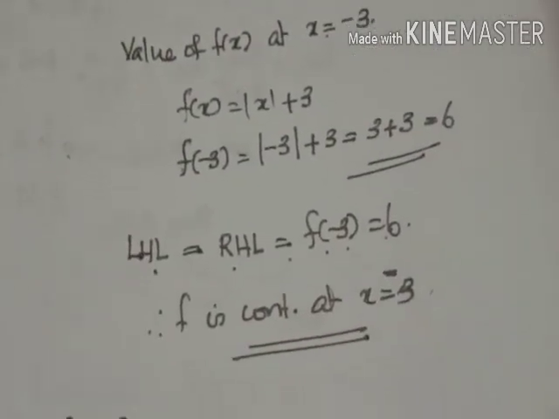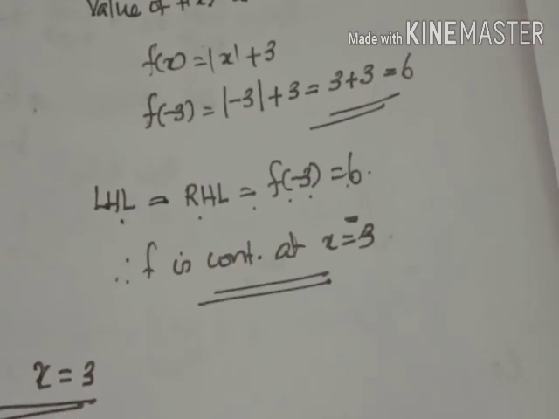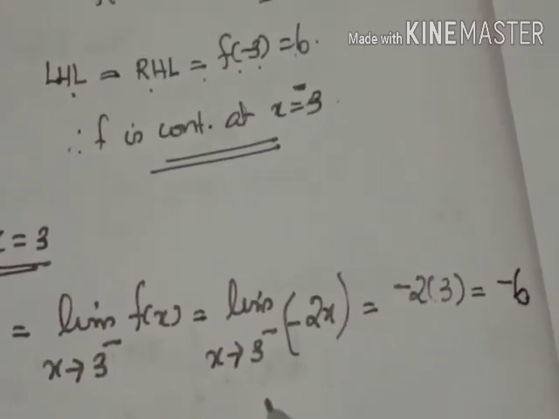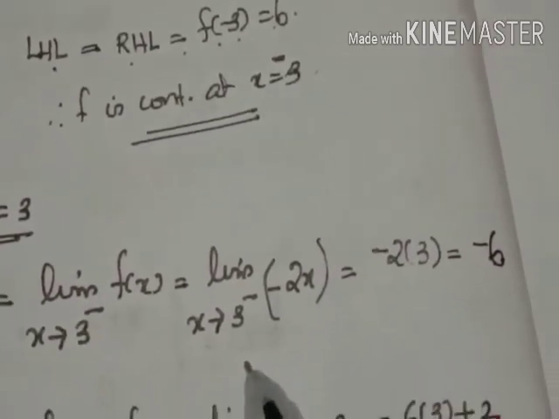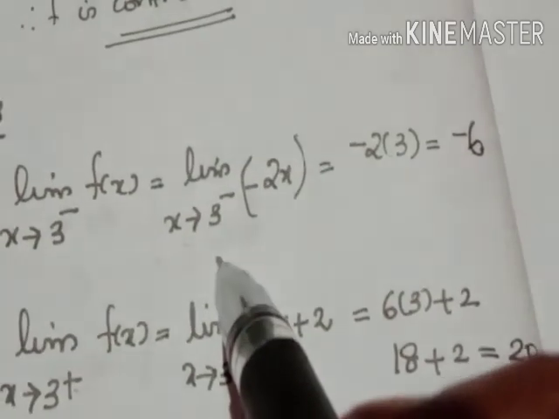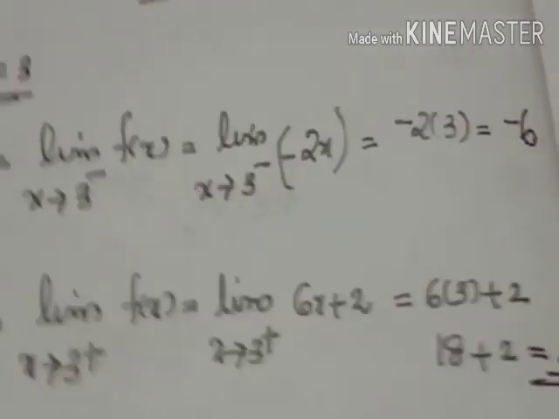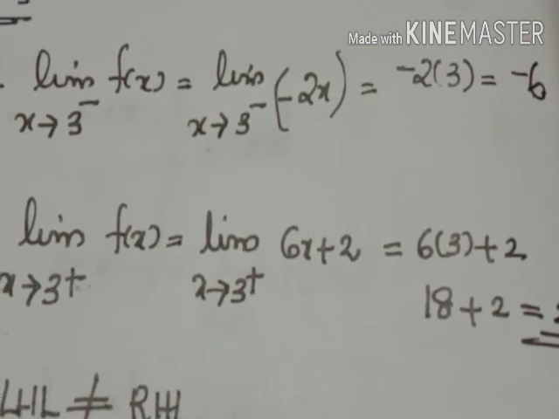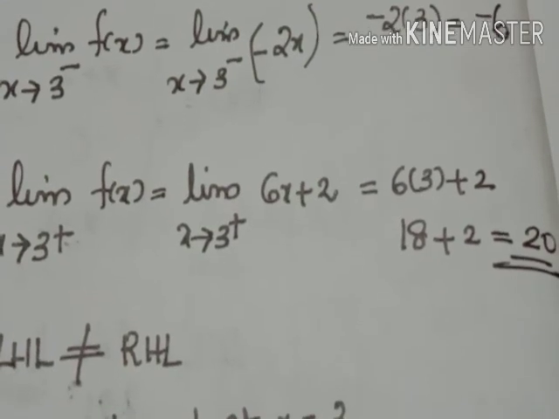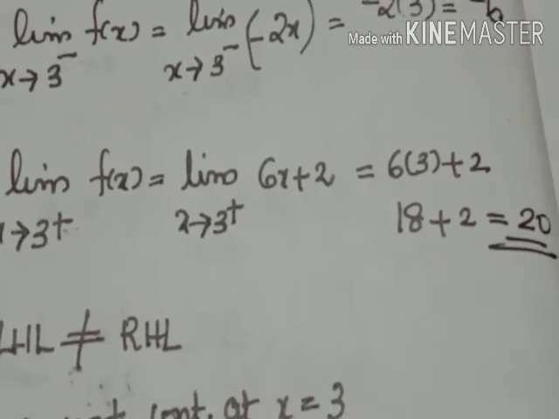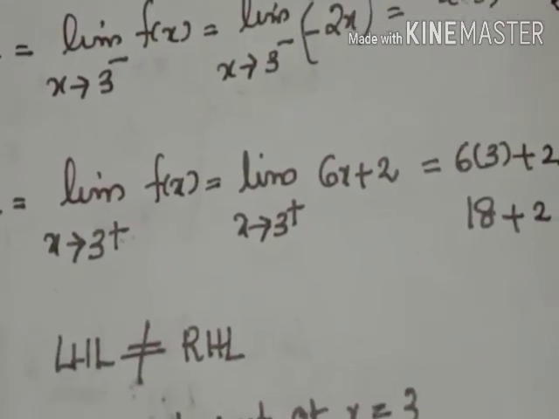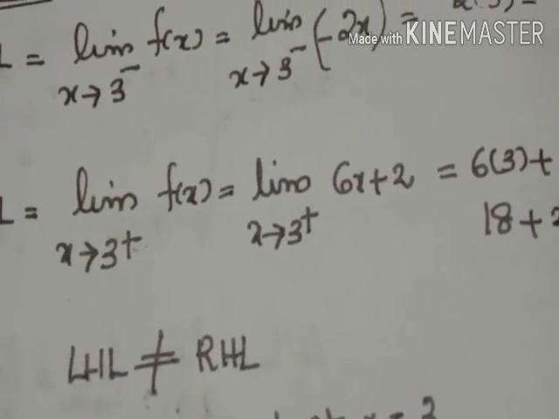In exercise 5.1, all the questions are to check or verify whether the function is continuous or discontinuous, or to find the points of discontinuity. So in the notes I explained some questions. Go through the question answers and watch the video carefully. I think it is too tough, too tough in the sense that we can easily understand the thing at a glance. So watch the video carefully and attend the test paper also.